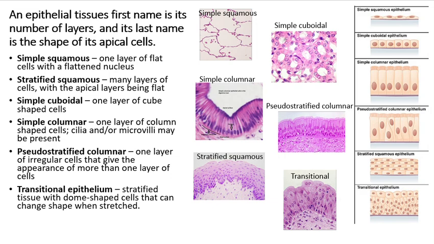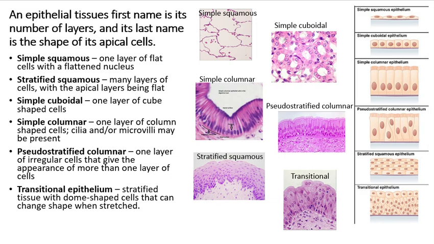We also have simple cuboidal, one layer of cube-shaped cells, simple columnar, one layer of column-shaped cells. These cells oftentimes have on their apical surface cilia or microvilli. Structures like that are going to always be on the apical surface of epithelial sheets. There's also pseudostratified columnar, which is actually just one layer of irregular shaped cells. They may give the appearance of more than one layer because of the staggering of their nuclei, but the term pseudo in pseudostratified means false. So this is a falsely stratified, column-shaped cell, where all the cells touch the basement membrane, but they don't all quite get up to the apical surface,